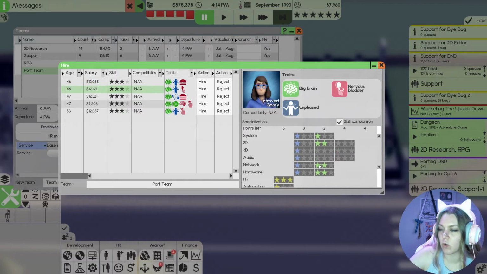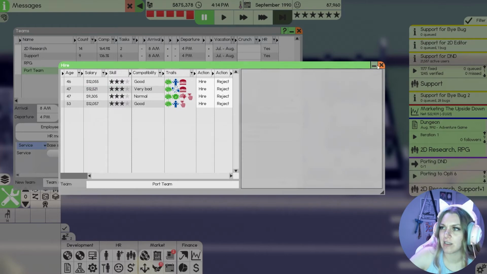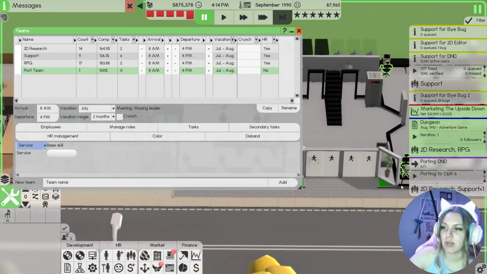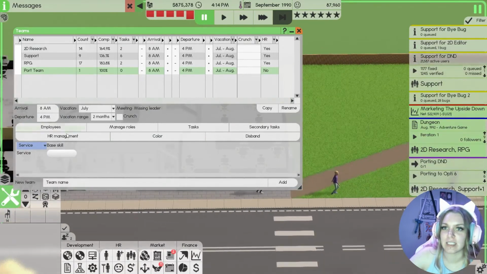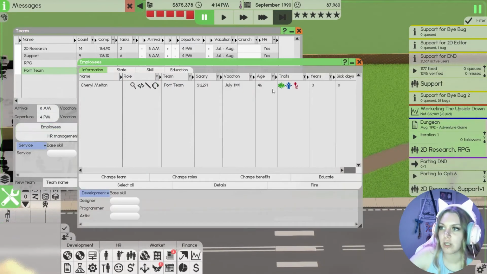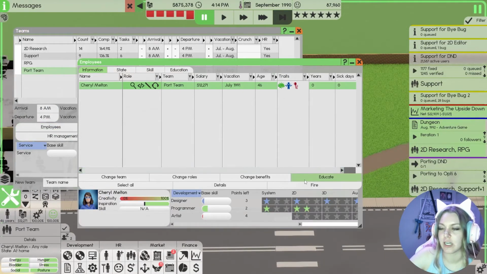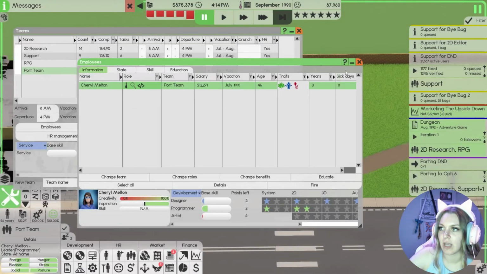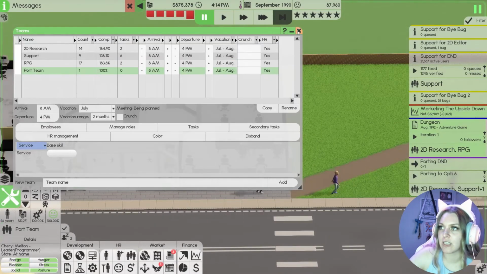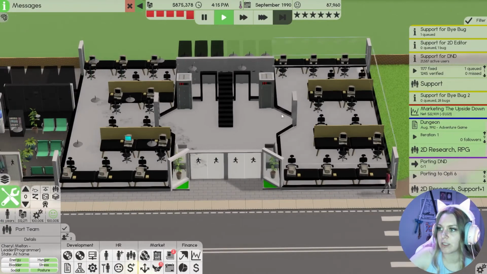She at least has one, and then she just goes to the bathroom a lot, which I don't think is the worst. Better, because right now for food they have to walk all the way over to the kitchen, which is on the complete opposite side. So at least the bathrooms are really close. It'll take her less time to walk, which is awesome. So they are going to be programmers and designers second. Hit OK with that. And hopefully she'll get some people in here before we start hemorrhaging money.